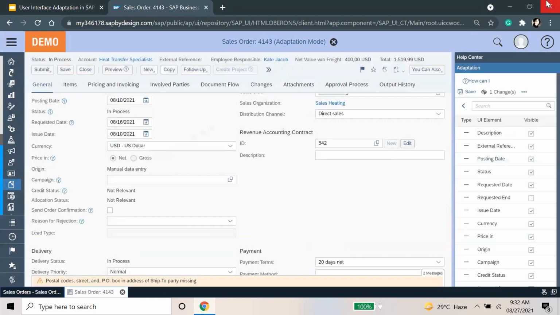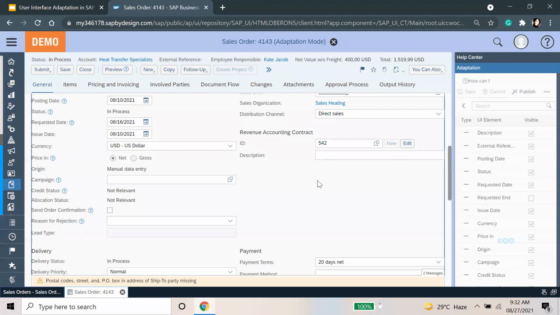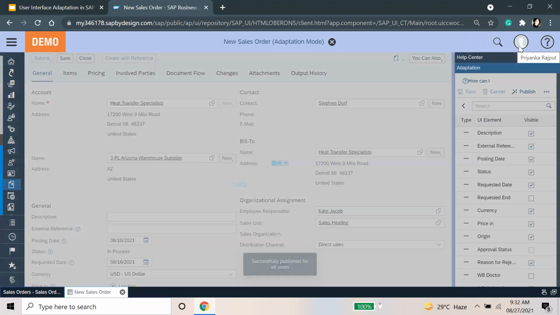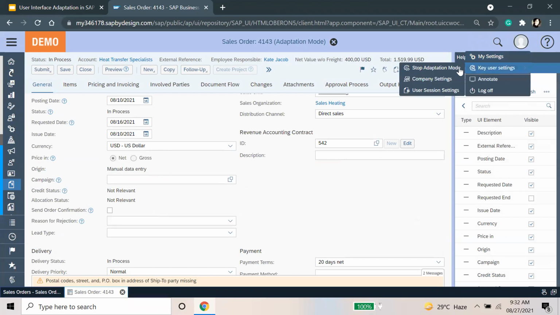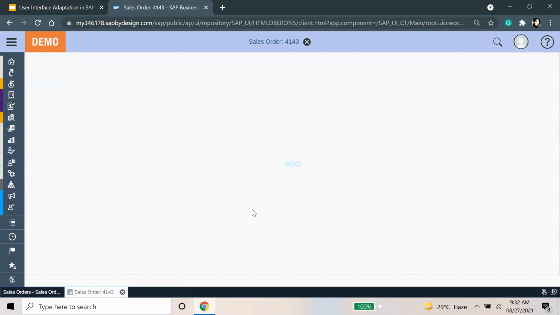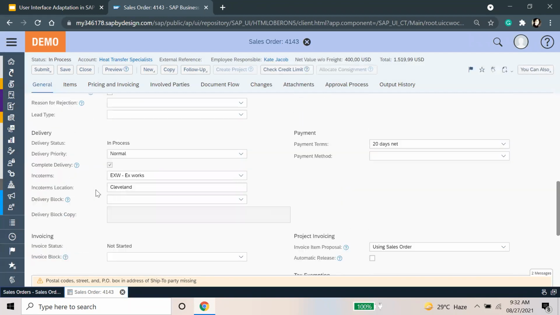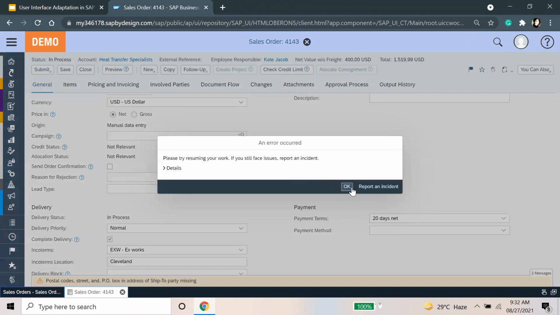If I just save it, and then publish. Yes. So this is how it will show here.